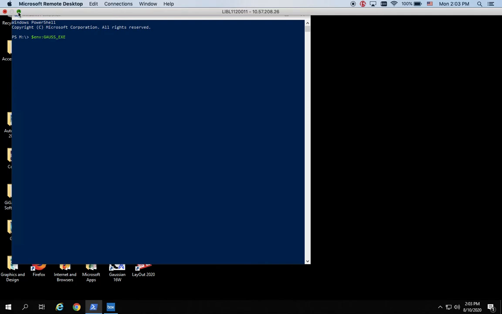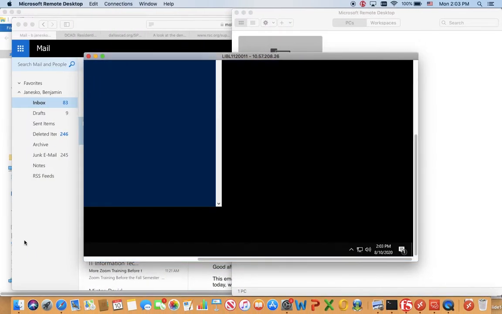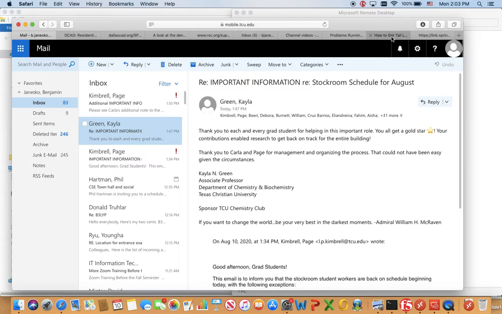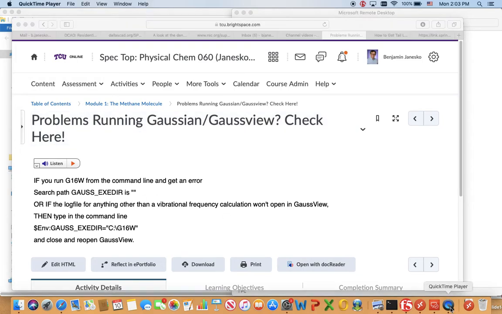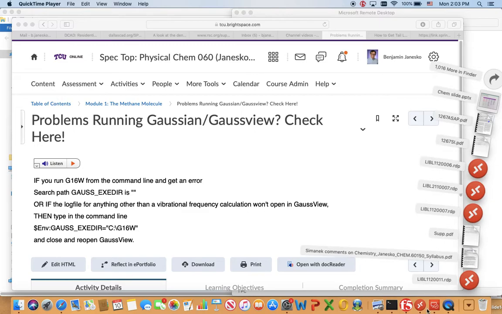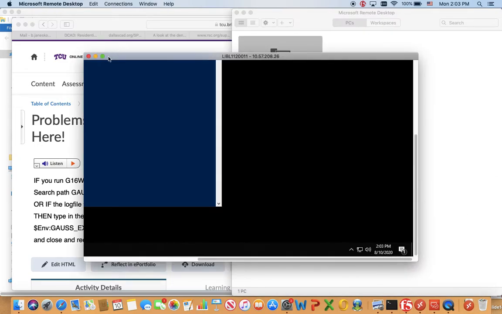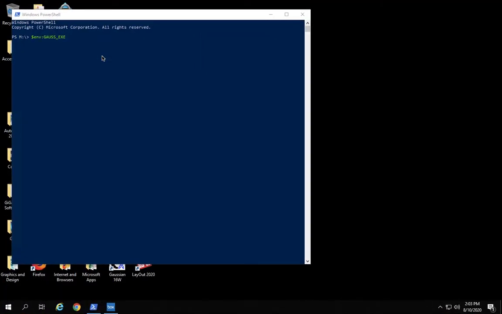I have to double check the syntax here because I don't remember if it's exe or exec, but in the Module 1 handout, you're going to have all this information. Gauss exedir. So I go back. Gauss exedir is